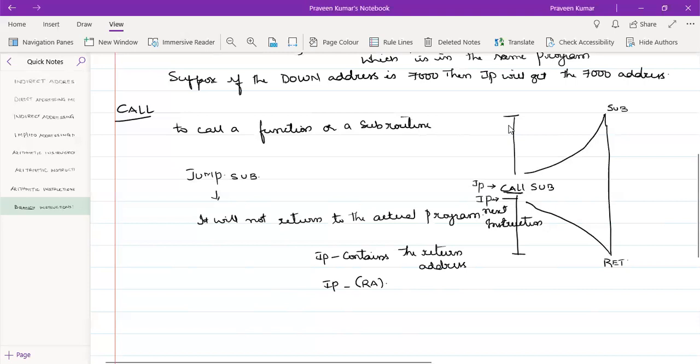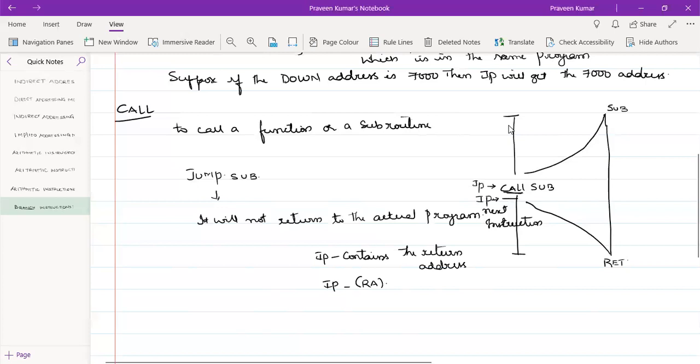Ordinary instructions means something like move or increment. All these instructions will get the next address and it will be sequentially executed. But if a call instruction is given, the MUPI knows that it has to go to the subroutine. That is, it knows that it has to put the subroutine address into the IP.